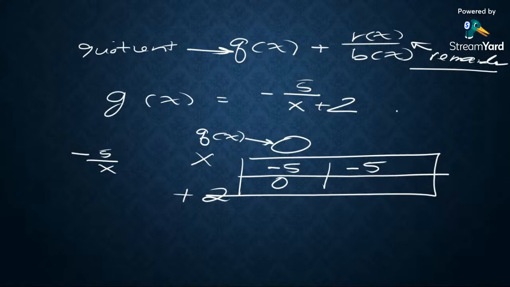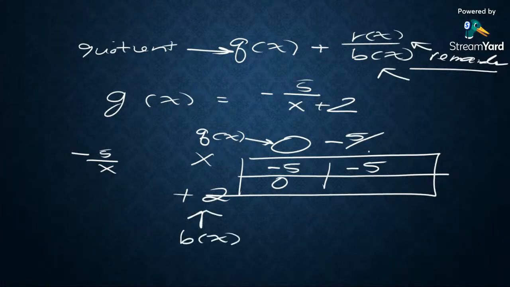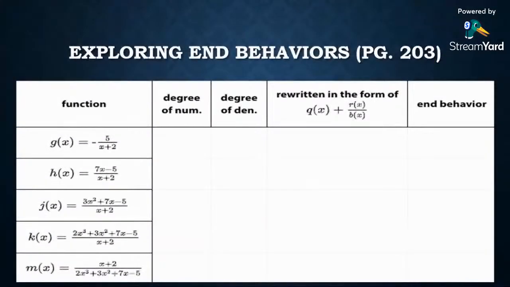So it's always been there; we're just now giving it a function name. In this case, it will be the -5. What's probably new to us is, what is this B of X? B of X is what we've been dividing by. And so in this case, it will be X plus 2. So the answer for that first row, excuse me, it's going to end up being,